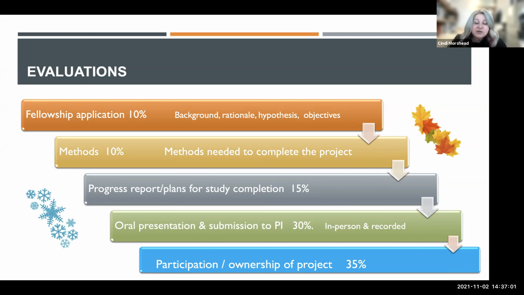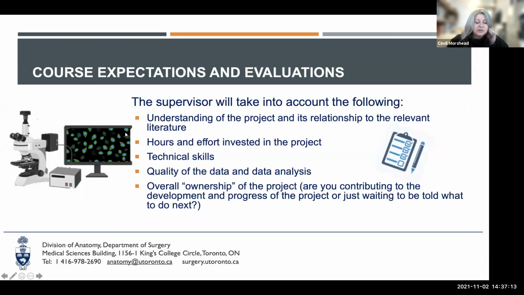The other 35%, so you can see the biggest chunk of what you're graded on, is really the ownership of the project. So this is your participation during the year and the ownership of the project, which is really determined by your supervisor, who will take into account a number of different aspects of the work. So they are going to base their grade on your understanding of the project and how it relates to relevant research that's being done in the area, both in the lab that you're in, as well as out in the research community. It's going to take into account the hours and the effort that you invested in the project,